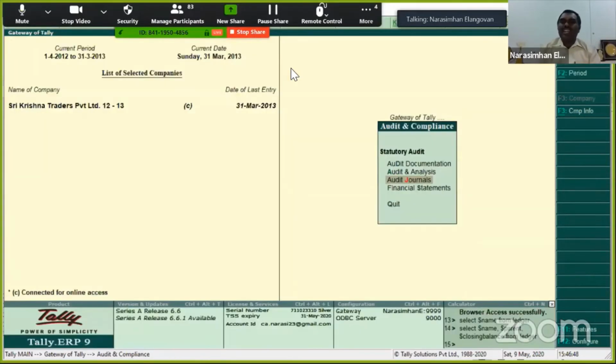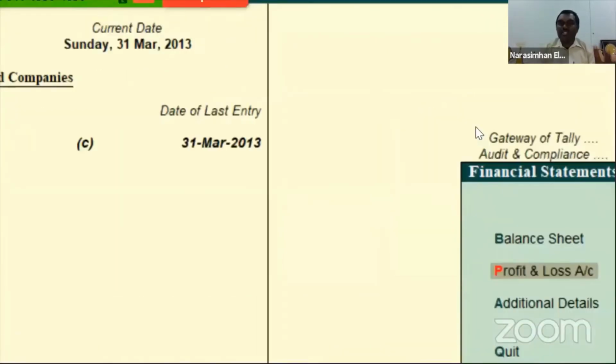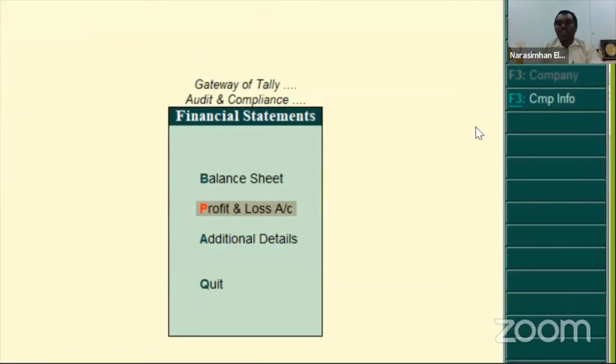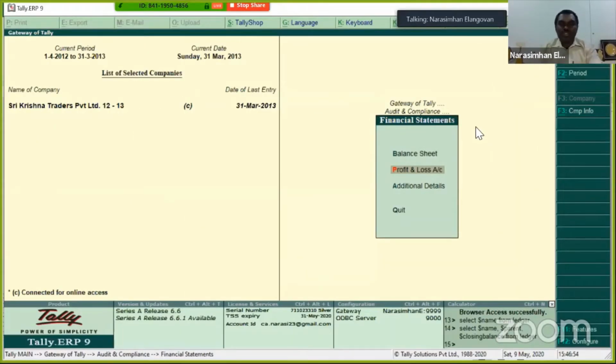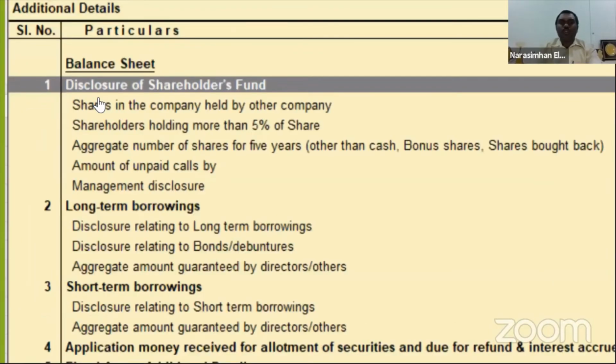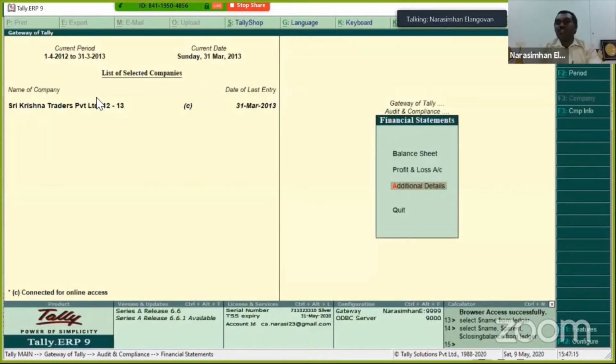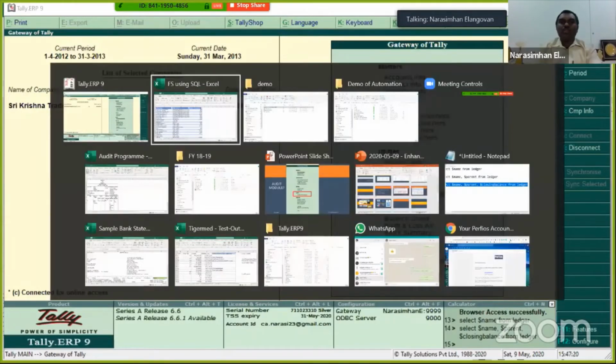Okay, and then financial statements, I think there is not much of a difference over here. This is basically your balance sheet and P&L. Your Schedule 3 will appear here. That's the only difference. So for your typical Schedule 3, you can do your classification configuration. Most of you are using this, so I'm not spending too much time here. But this is something which I'm not sure whether you're using: additional information with respect to disclosure. While I agree it may not give you a foolproof or absolutely the format in which you want, it is definitely a good trigger point. Okay, so this is something which I thought I'd take you through from an audit module and documentation standpoint.